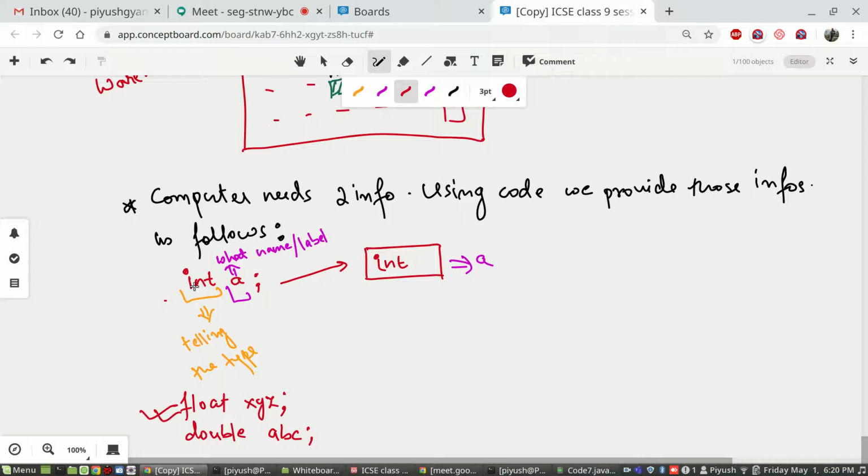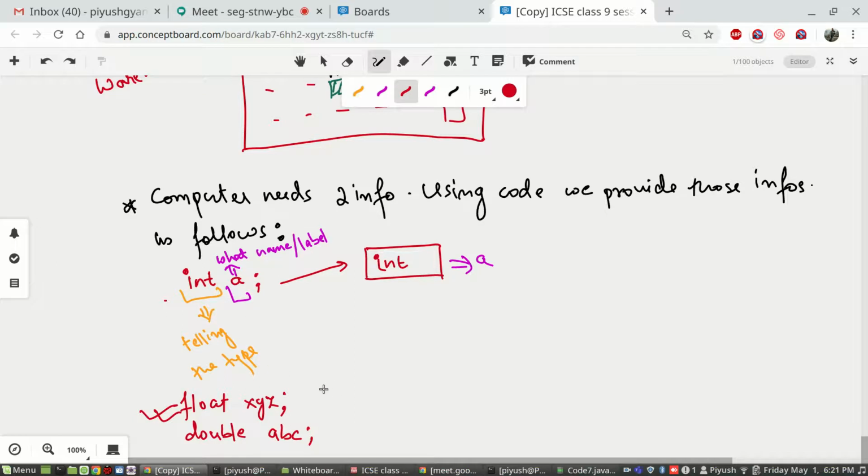Just now you think one int will give you one box, but actually that is not the case. We will further clarify later. For now you understand these are the only data types that exist, which is of course incorrect, but for the sake of simplicity and understanding, we'll be following this logic as of now. So in order to request one memory location, you will write int, which will tell the computer that you are going to store type int, and whatever follows after it will be the name of that location. So two values you have given, the computer will be happy, it will give you that location.